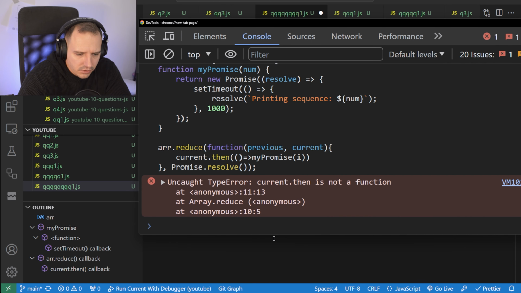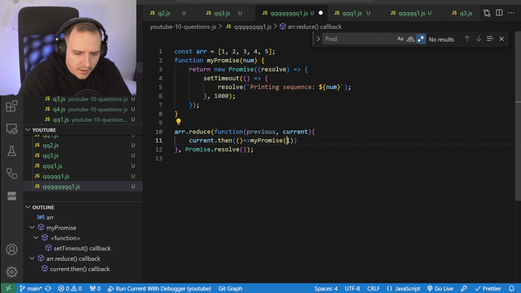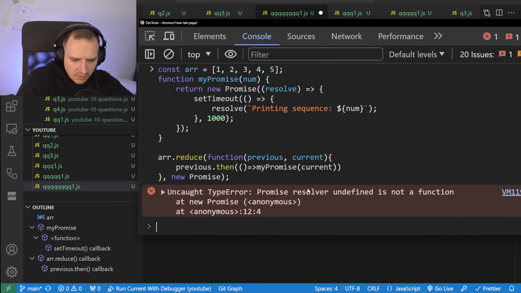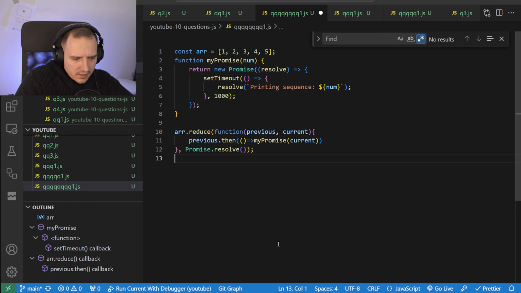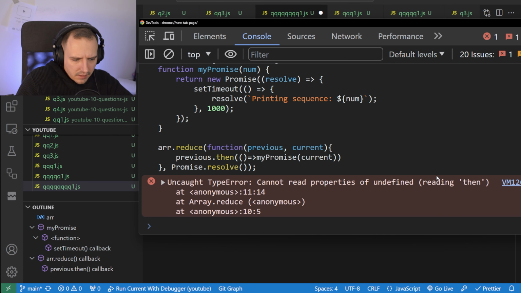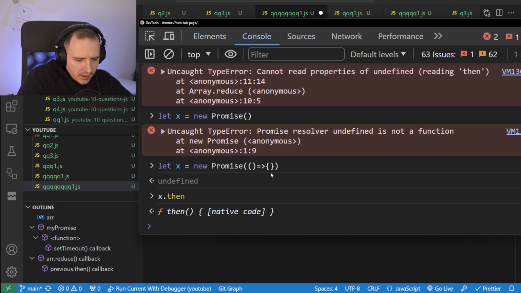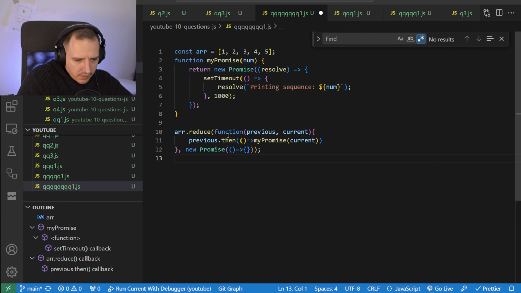Current.then is not a function. So we need to, oh no, the current is the thing. Okay, so I say this like that, right? Promises or undefined is not a function. I feel like I should be able to do that, but cannot read properties of undefined, reading then. What's the problem?